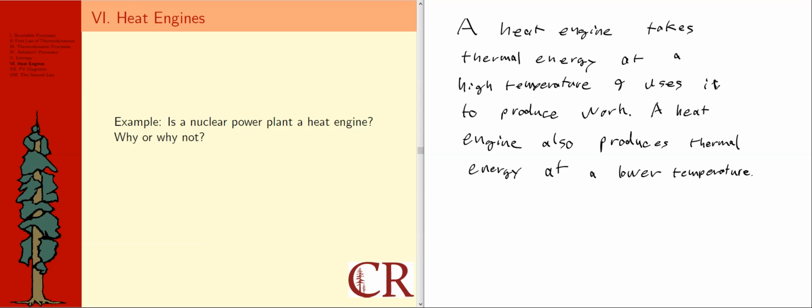And so if you have an electricity generating nuclear power plant, there's a heat engine there that takes the high temperature thermal energy from the nuclear process and uses that to generate electricity. Or if it's in a nuclear submarine or an aircraft carrier, it's similar. The output is still work and maybe some electricity to power other systems in the aircraft carrier or the submarine. But again, ultimately, it fits the definition of a heat engine, and it's also, as a result of